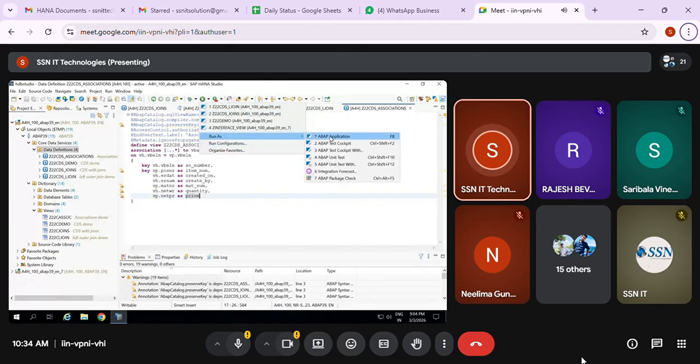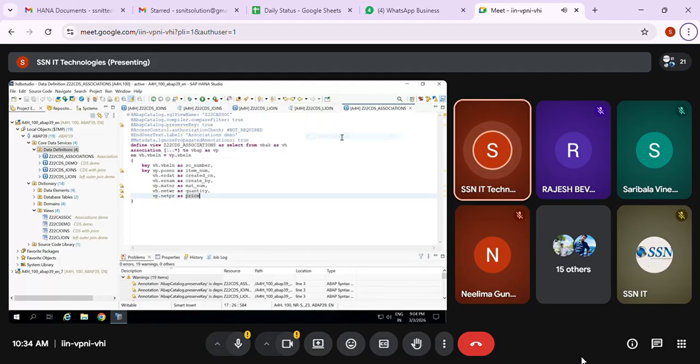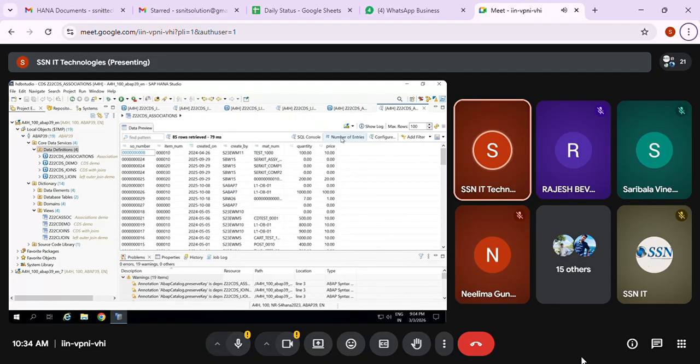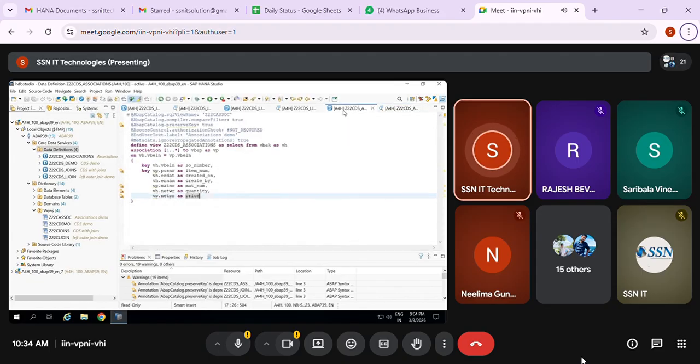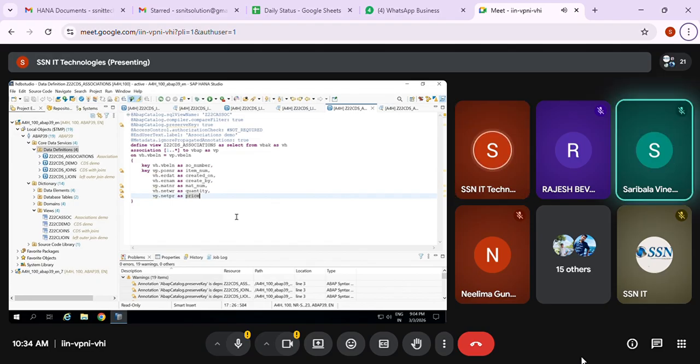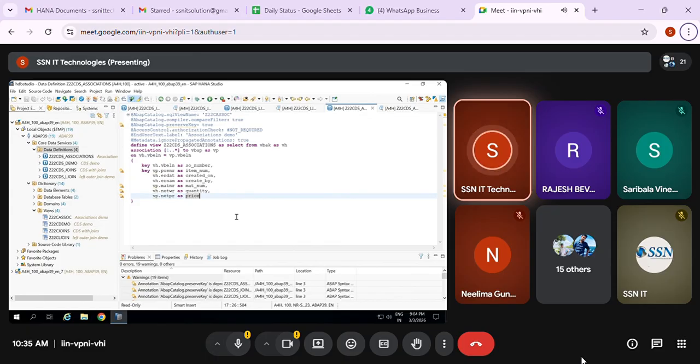Then what is the difference? First I'll just run it, then we'll discuss. See, we got the same information; associations also fetch the same. Clear? Now, what is the difference between joins and associations? Here we have cardinality.